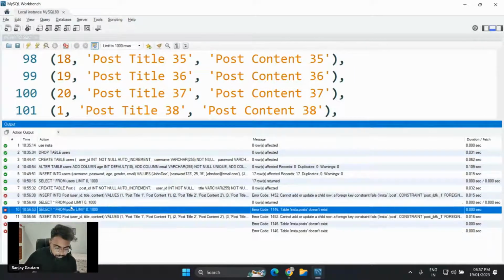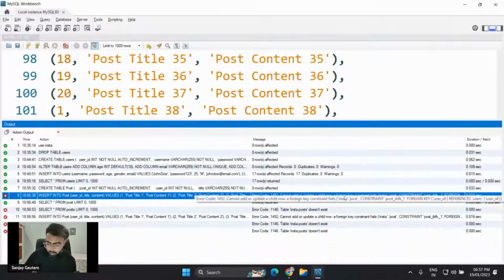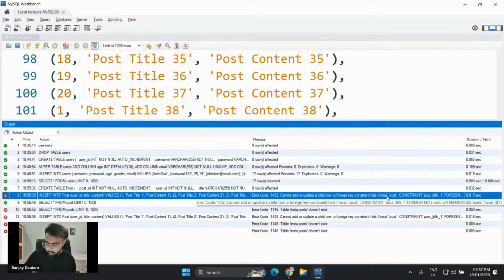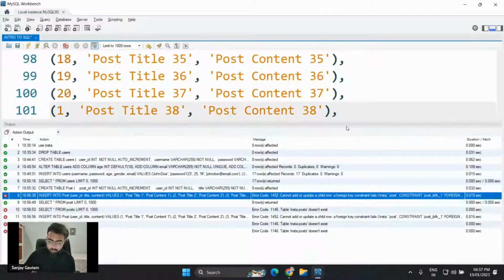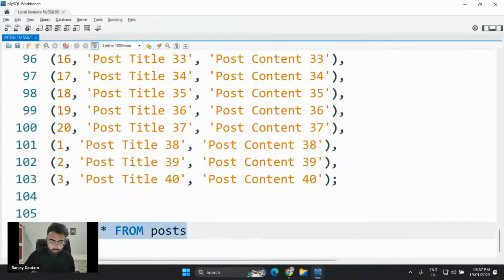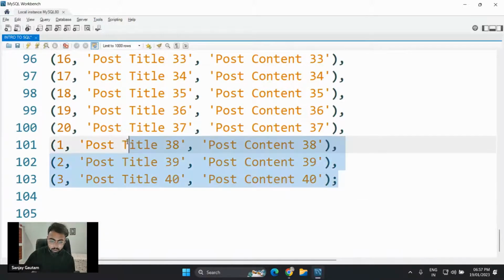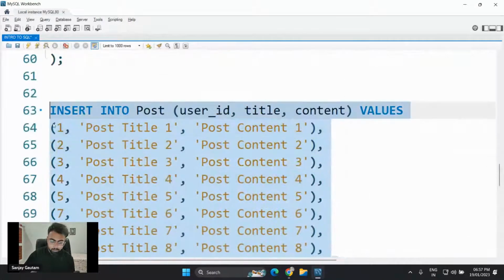Okay. Limit is 1000. It's saying that insert into post, foreign key insta post constraint, cannot add or update. Yeah, so we cannot add. We are not adding here. So let me make it a little smaller by doing this. Let's remove this. And for now, I'm just going to drop the table, and I'm going to create